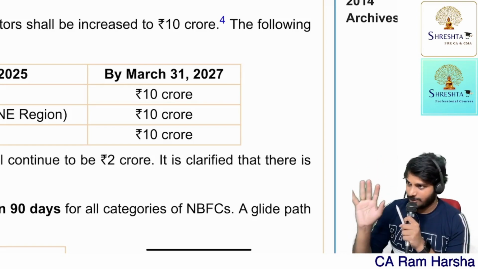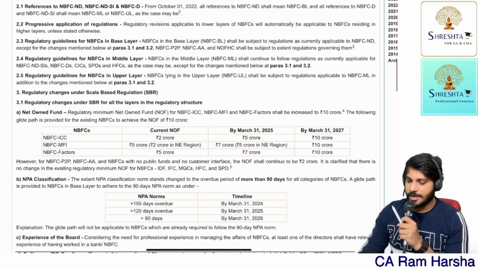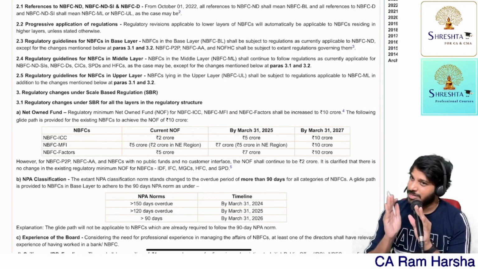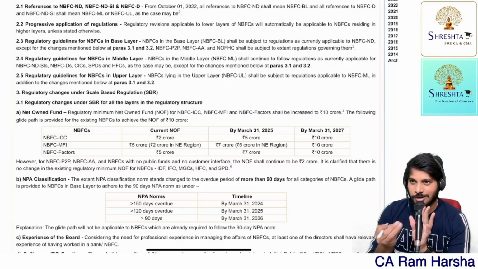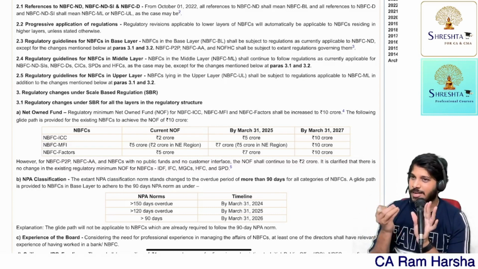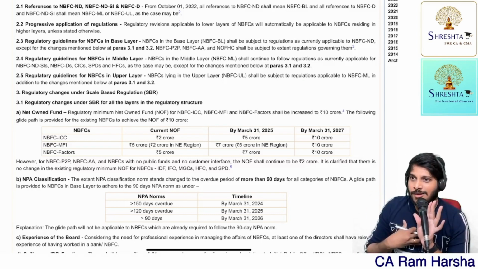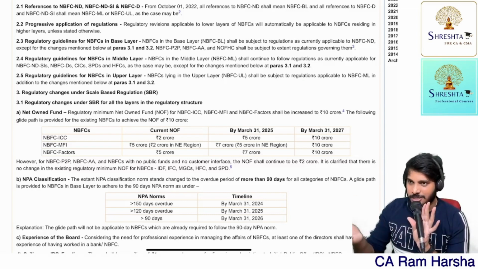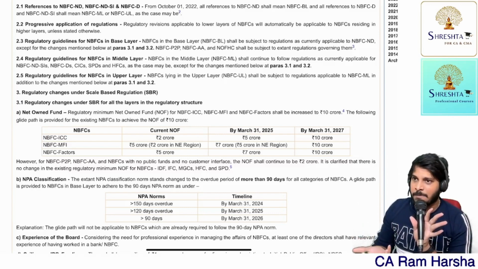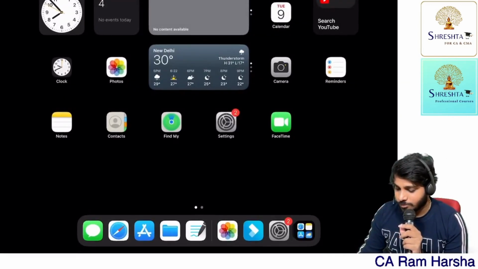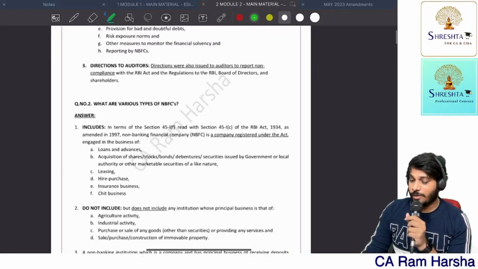Able to understand? Again, net owned fund means nothing but capital requirement. Net owned fund is nothing but similar to what? Capital requirement only. Capital, my own funds means what? Capital. In a business, my own funds means what? Capital. Net owned funds means capital, nothing but. You know, the capital requirement